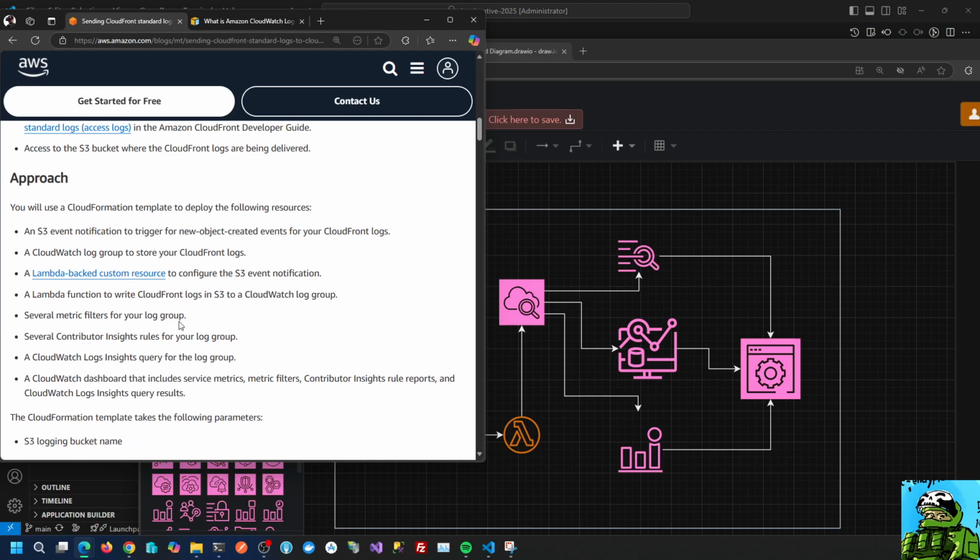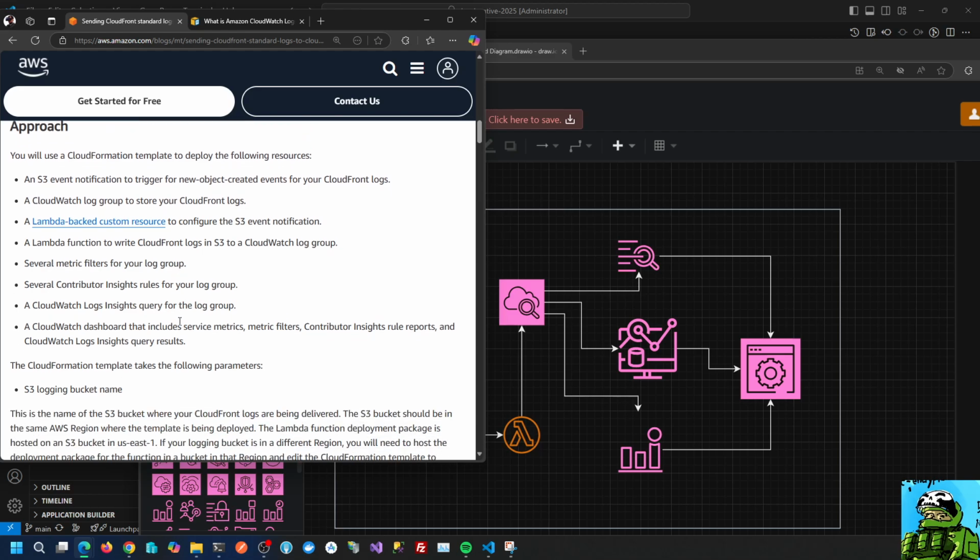Approach: you will use a CloudFormation template to deploy the following resources: an S3 event notification to trigger for new object created events for the CloudFront logs, a CloudWatch log group to store your CloudFront logs,